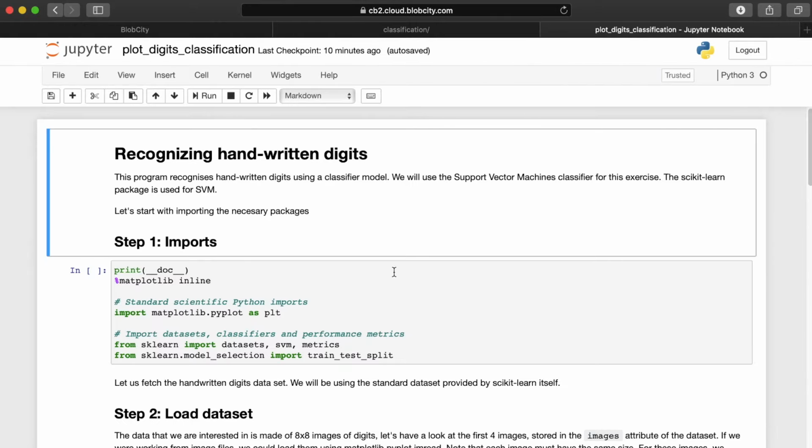The digits classification simply does classification of handwritten digits, which means we're going to train a classification model to understand digits that are handwritten. And by digits, we mean numbers. So numbers can be anywhere from 0 to 9. So we are only looking at digits from 0 to 9. And we want to classify these digits based on